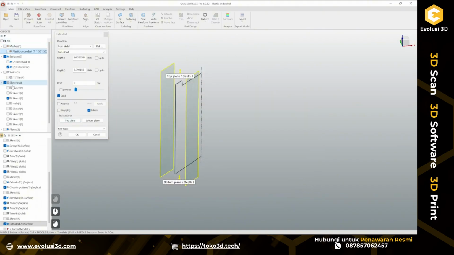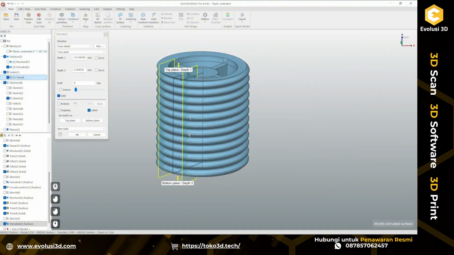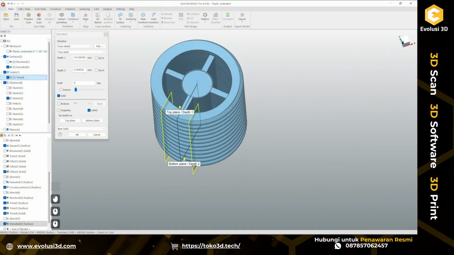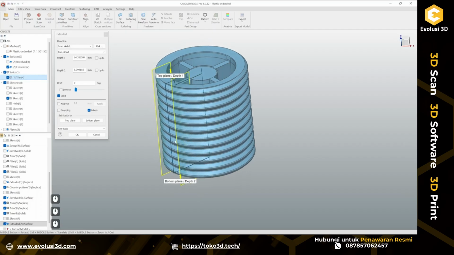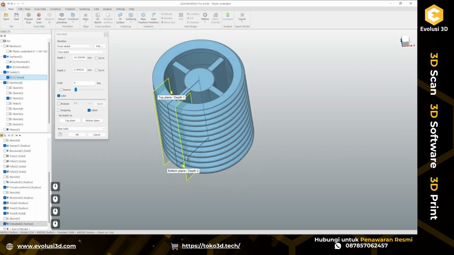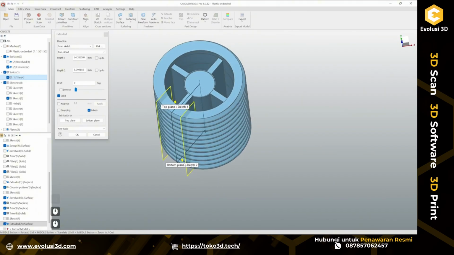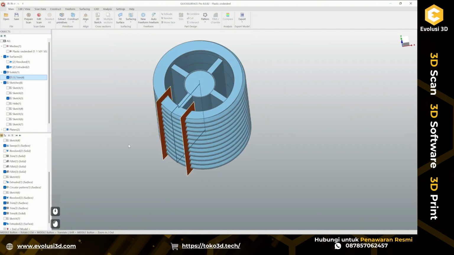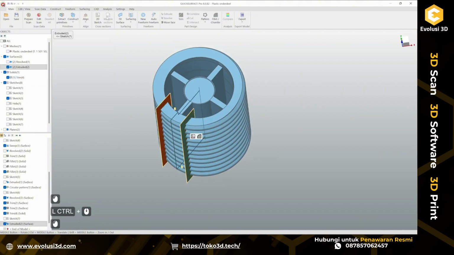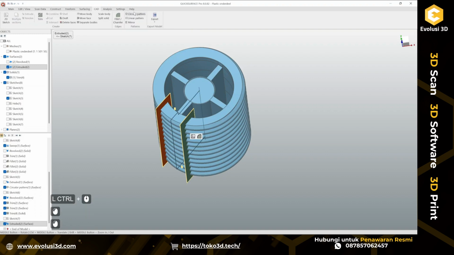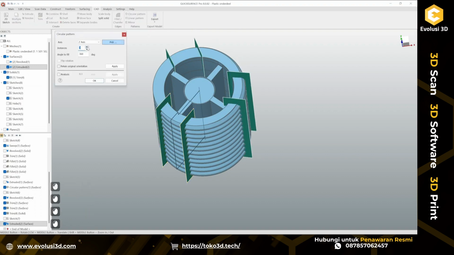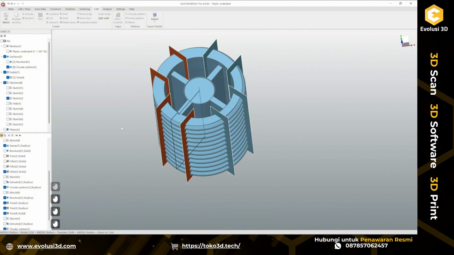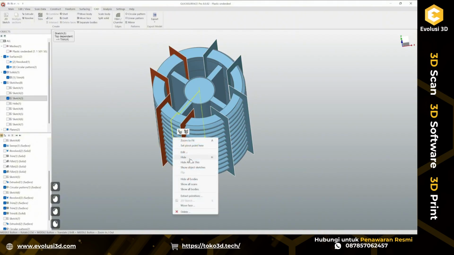Intersect it completely. You can actually unhide my solid right now to make sure my surfaces are intersecting completely. Okay, at this point I just go to the CAD tab, do a circular pattern for this. Okay, then let's hide this sketch